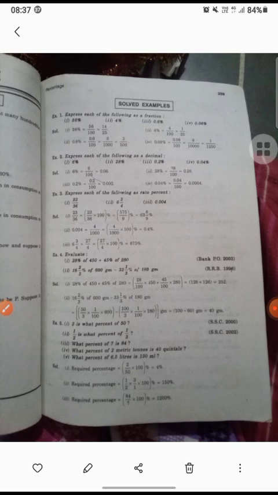What percent of 7 is 84, so it is 84/7. What percent of 7 is 84. OK. 7 का कौन सा परसेंट 84 है. OK. So 84/7 equals to,